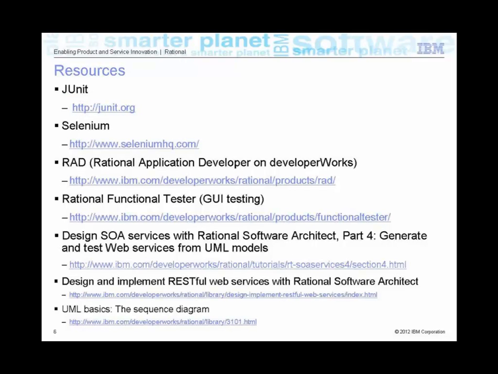Yeah. So I see you've mentioned some links there, and perhaps I misspoke a little bit on the Selenium stuff, but there were some recording tools that I had seen, and the Rational Functional Tester.